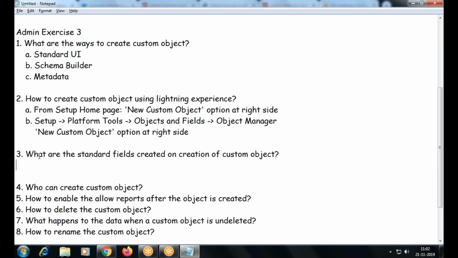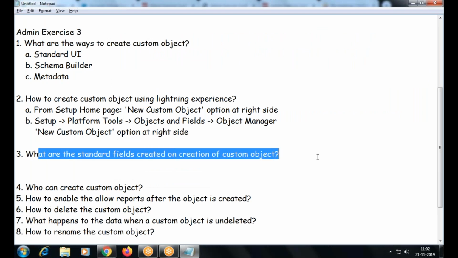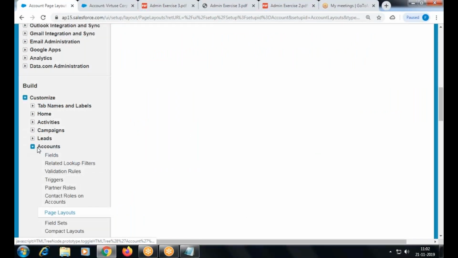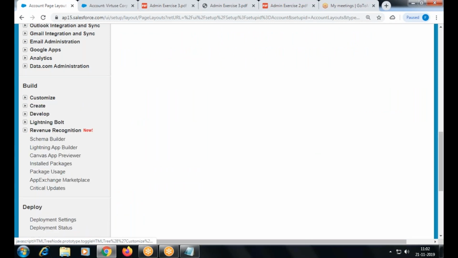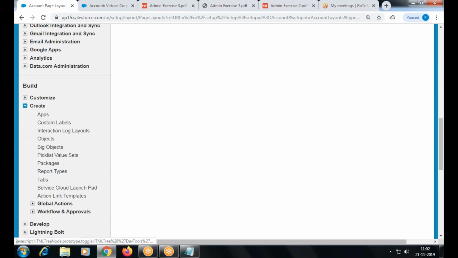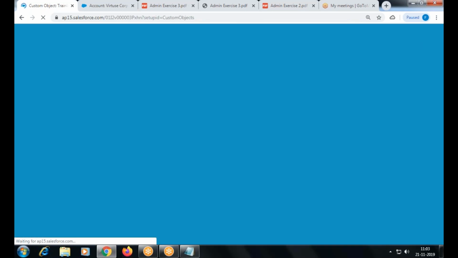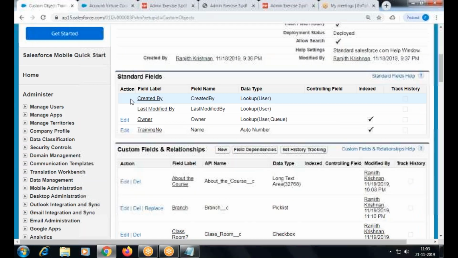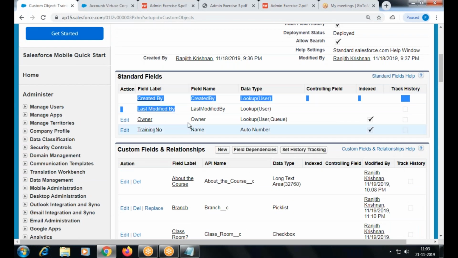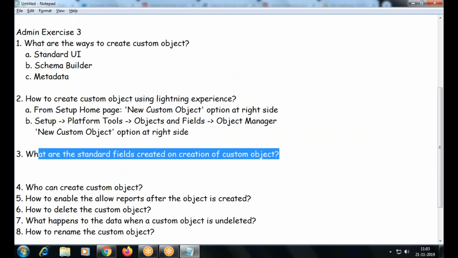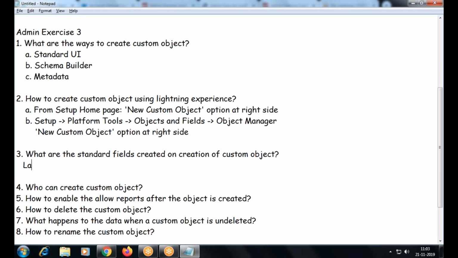Wait. Now the question is, what standard fields are created while creating the custom object? So I go to create, objects, any object you choose, the fields. Created by, owner. Yeah, we all discussed this, right?